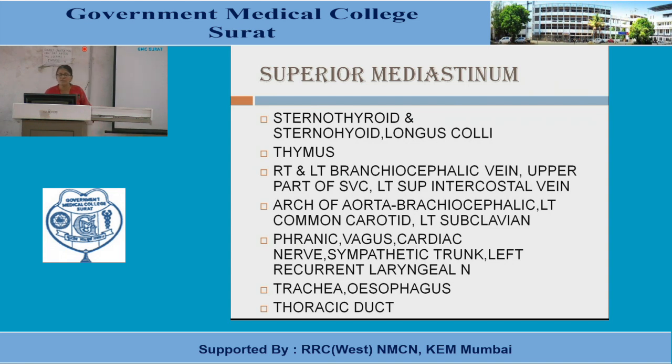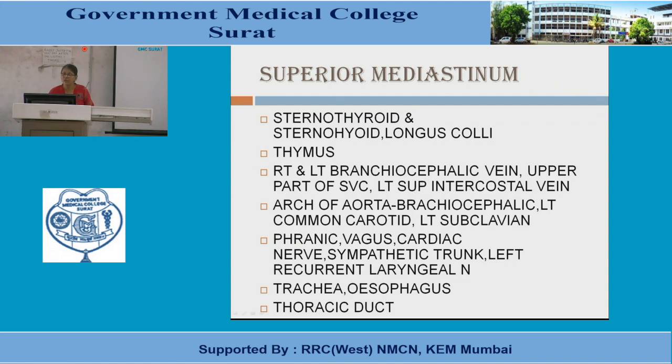I will show you the sequence of structures from anterior to posterior in the superior mediastinum. I will talk about that, but first let us see the list of structures. So these are the arteries. Which are the main arteries? The arch of aorta and its branches. Easy to remember. In veins, mainly remember the superior vena cava, which is formed by union of the right and left brachiocephalic veins. The left superior intercostal vein has to drain in the left brachiocephalic vein, so it has to travel through the superior mediastinum and it lies anterior to the arch of aorta. Veins are anterior to arteries.